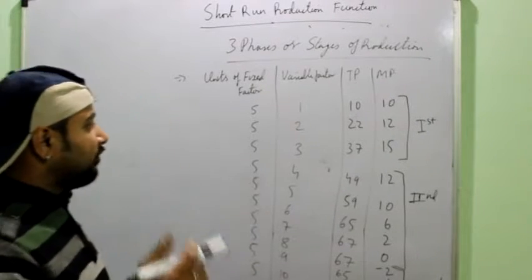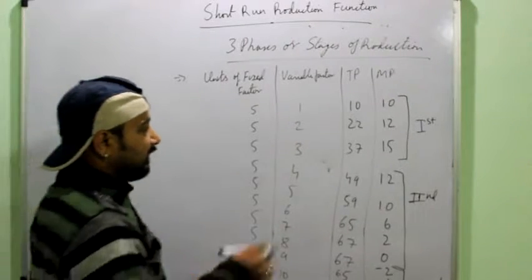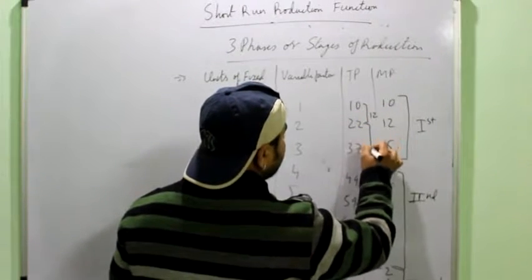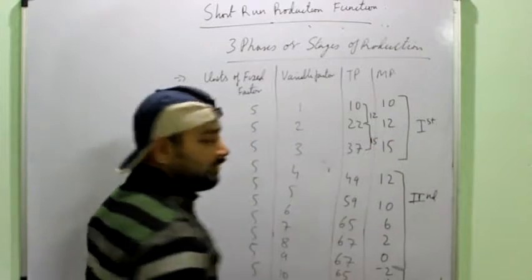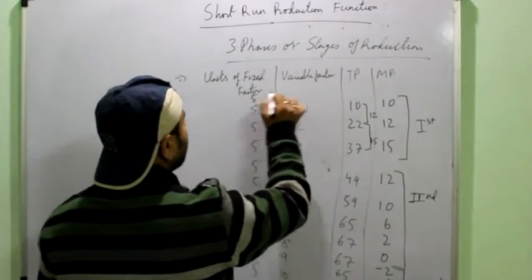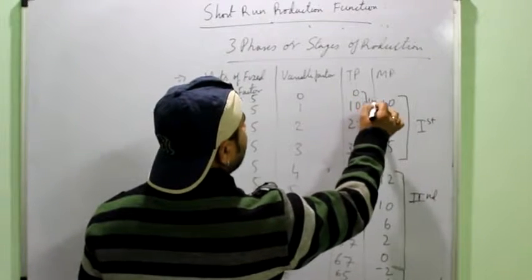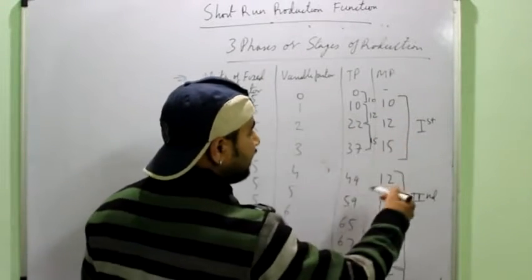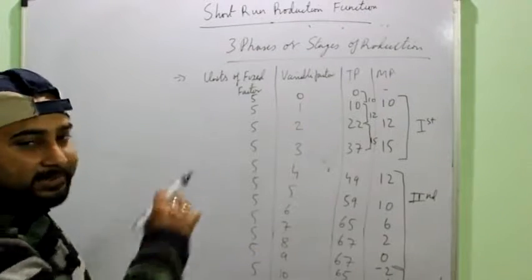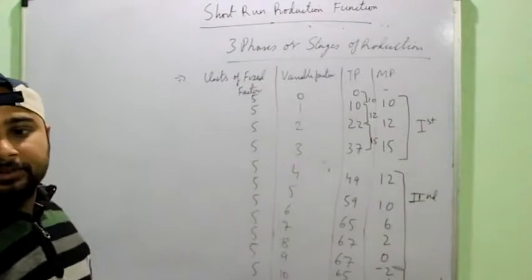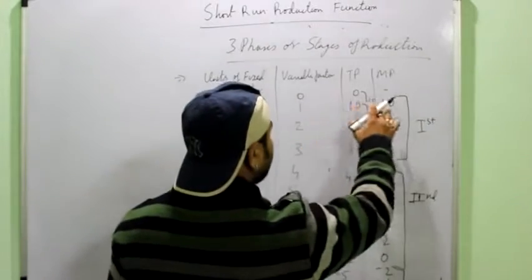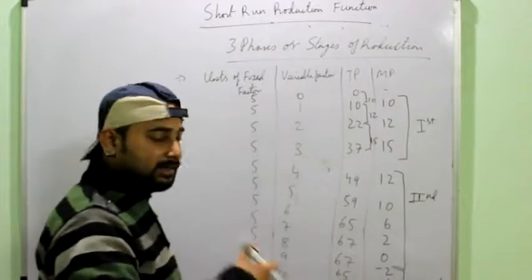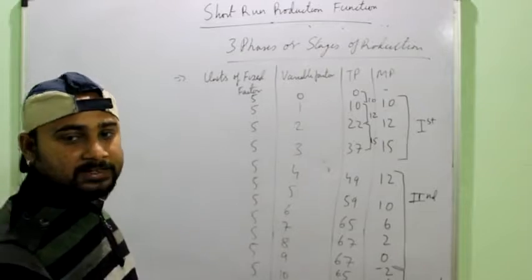Then we were talking about the behavior of the total product. Now see, there I wrote in the first stage it increases at the increasing rate. See, now the increase is by 12 units, then the increase is by 15 units, right? If you include 0 also, then this increases by 10, this increases by 12, 15. When it increases by a greater number than the increase which was given by the previous variable unit, right? Like the first unit of variable factor I did 10 units, then the next one I did 12. So first TP increases by 10, then by 12, then by 15. So it is increasing at an increasing margin.